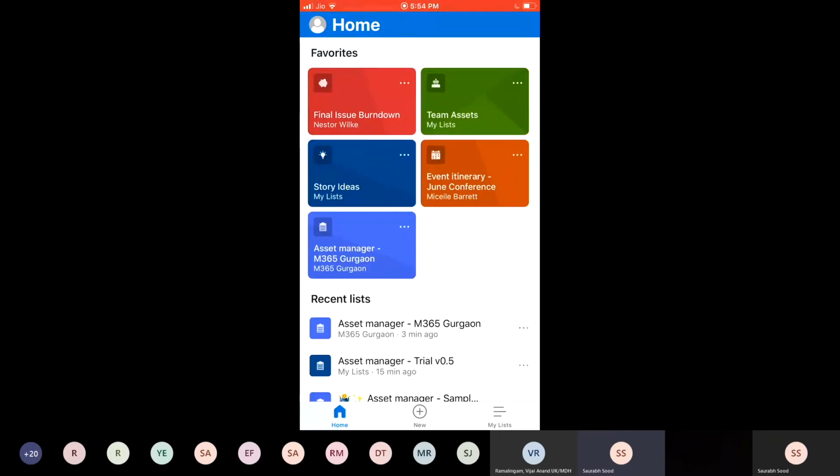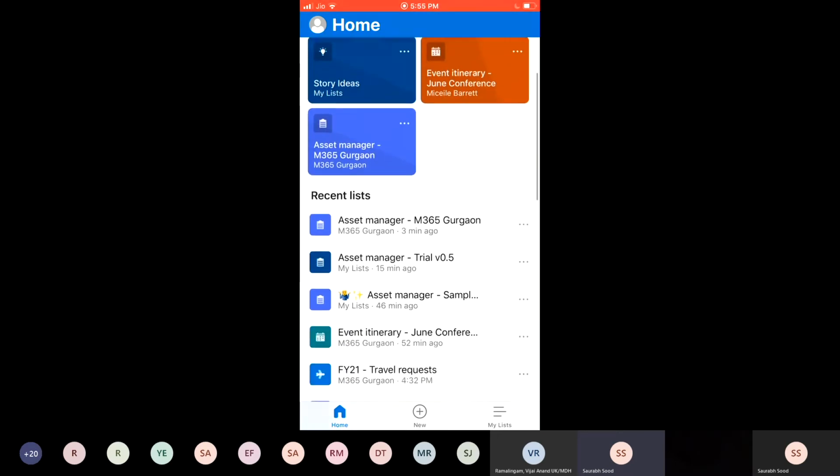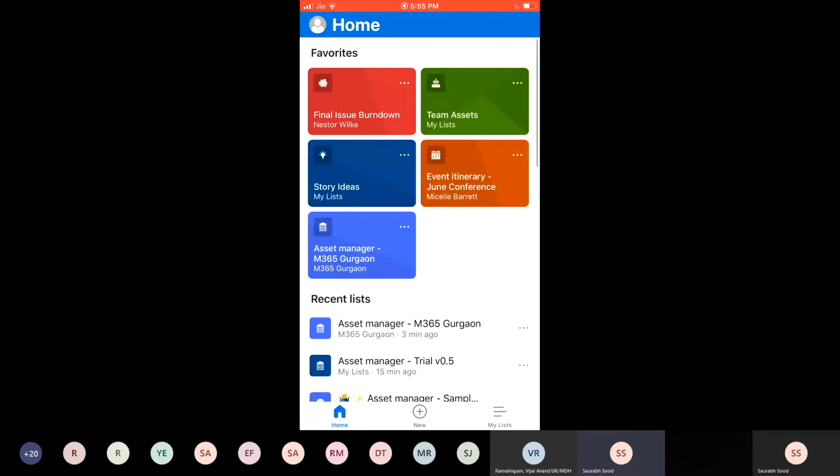I can't wait for this to land in users' hands and get good feedback around how this plays out. But moving forward, I think Shreyansh will touch upon some of the advanced formatting options and view options with us.